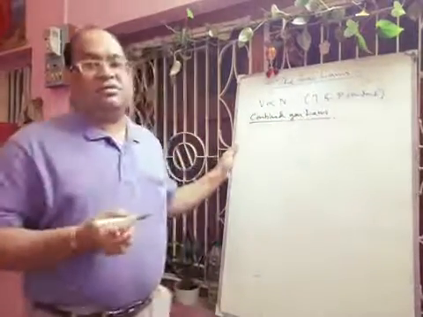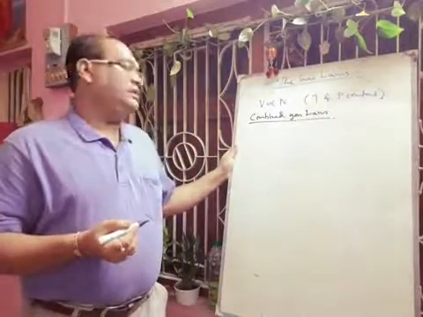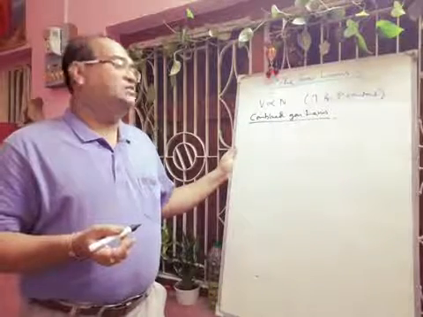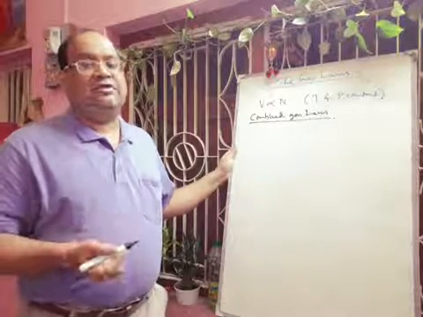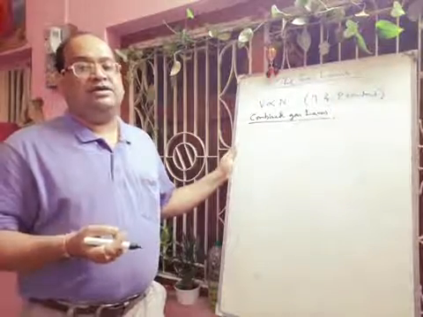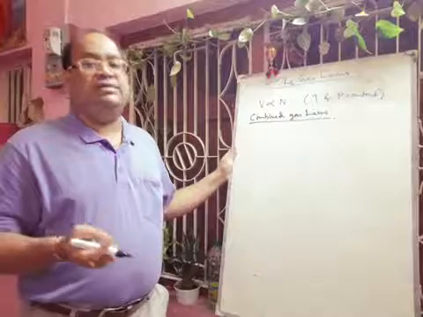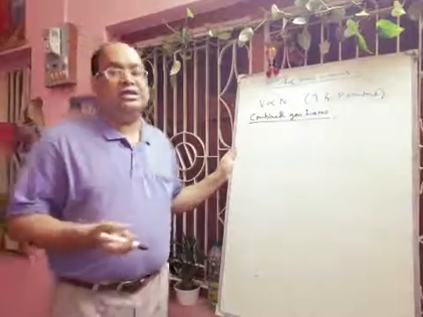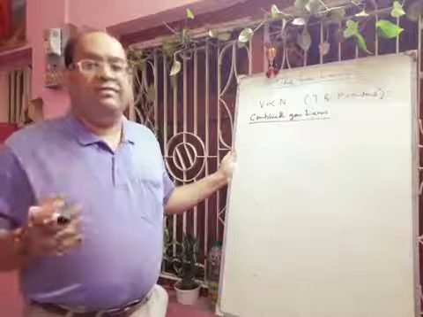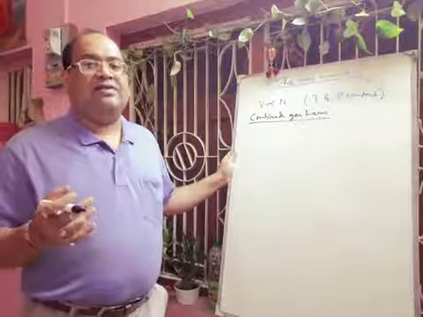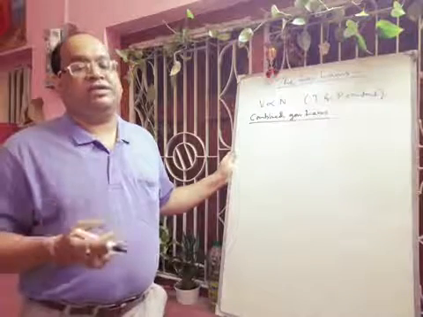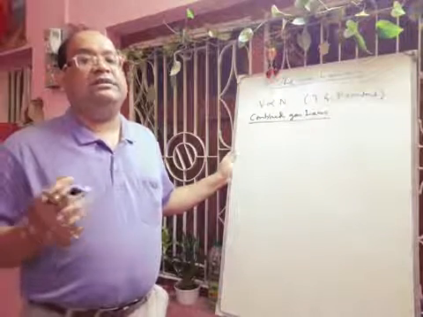So from Boyle's law, what we are getting? V varies as 1 by P. And from Charles' law we are getting V varies as T. So by combination we will write that V is proportional to T by P. So from here we can easily get the relation PV by T is equal to K, that is constant. So we can write this combined gas law statement as: for a given mass of a gas, the product of its pressure and volume divided by its Kelvin temperature is constant. That is PV by T is equal to constant.